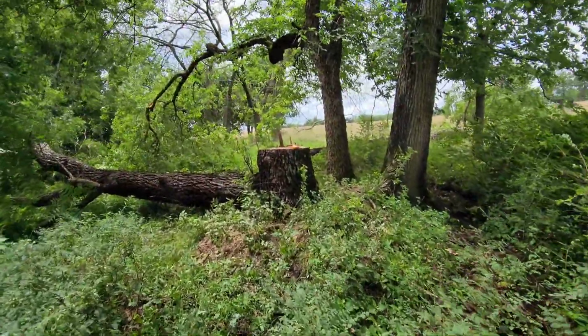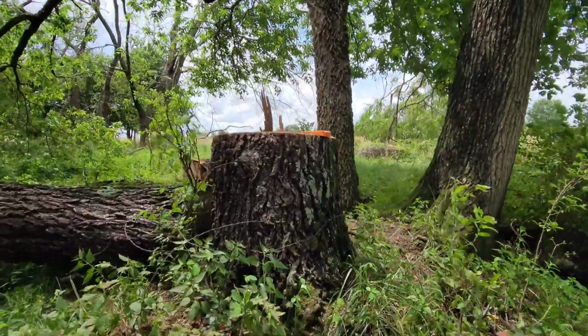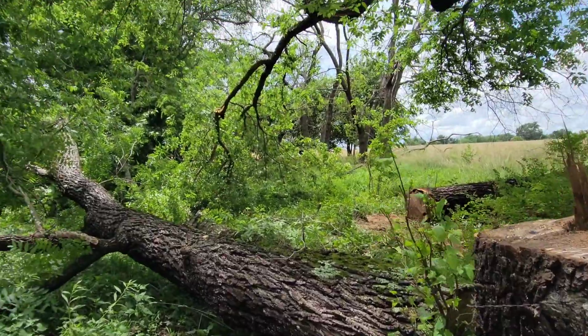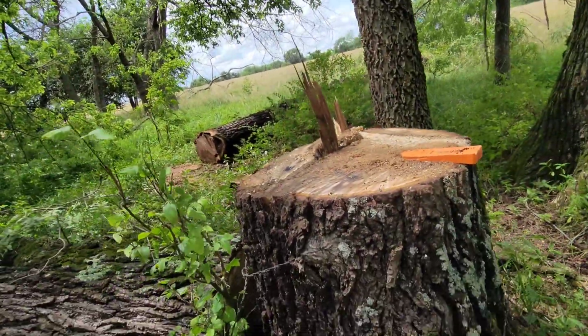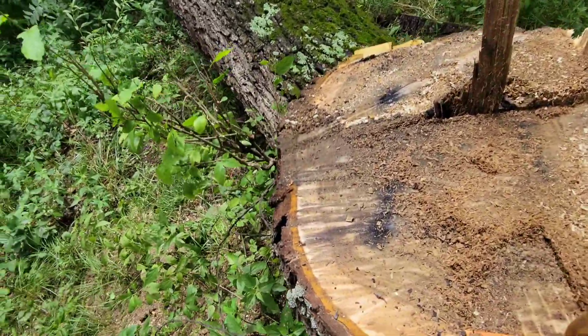There we go. Kind of a cutting style I don't do very much because of that right there. But with the circumstances behind this tree,